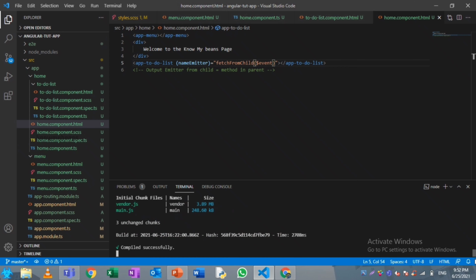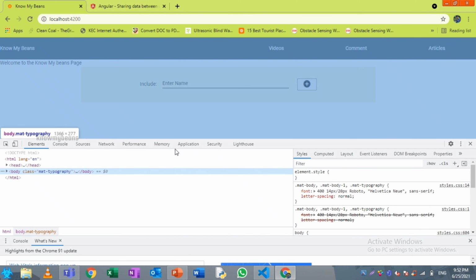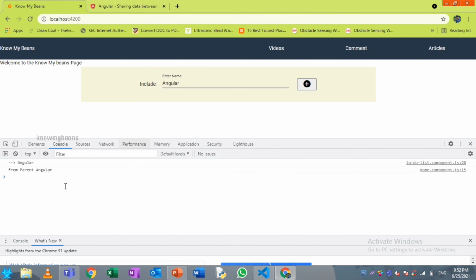Okay, fine. Now what we'll do, we'll go to our localhost and we'll check it. Now I'm going to inspect it. So what we have done, we have just put a console method in our parent and we are checking whether I am able to receive it. So you can see the first one is the child. The second one is from parent, the data received in the parent component. So with this concept, with this level of knowledge itself, you can work on the child to parent relationship.